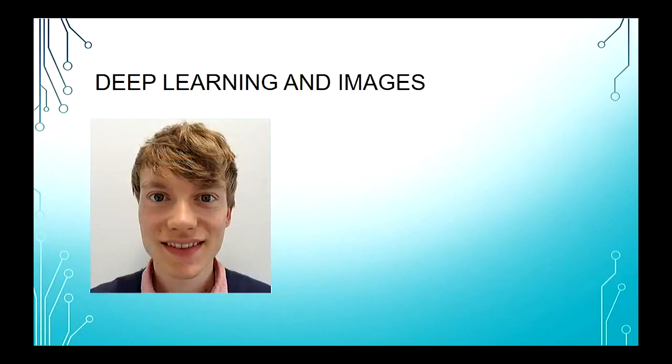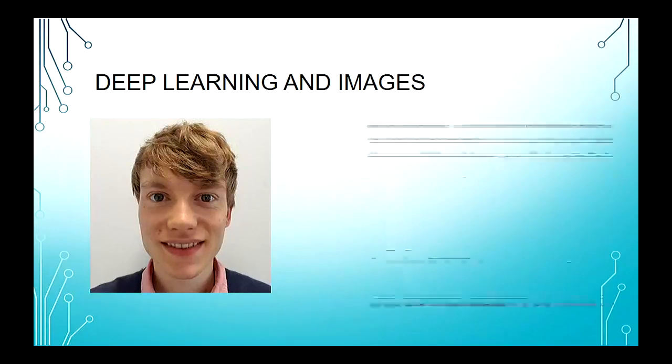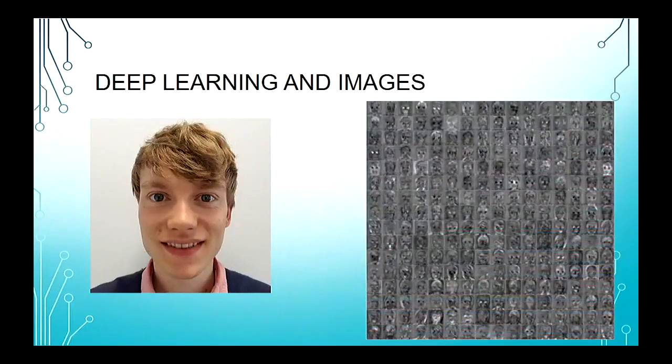As I said, in every image, so deep learning and images, we're talking about recognizing a pattern. So say this is the input image, right? A human face. What are the patterns that a computer can look for? All of those. Every little tiny tile in that image is a single pattern that the computer has recognized for that face. To look at it a bit closer.